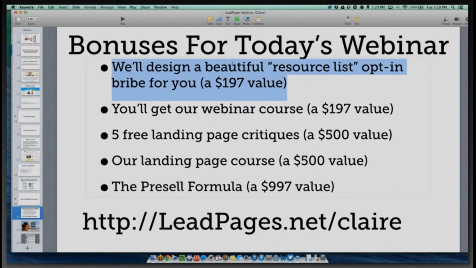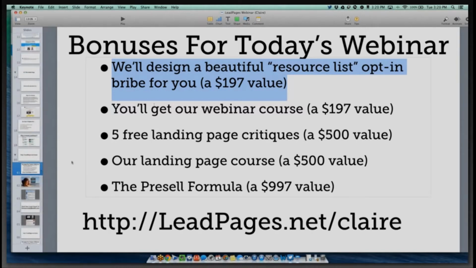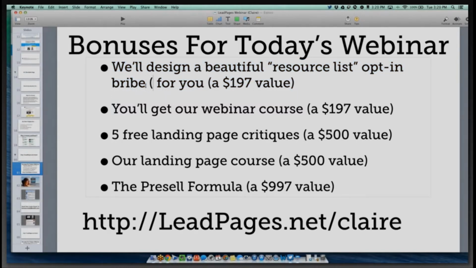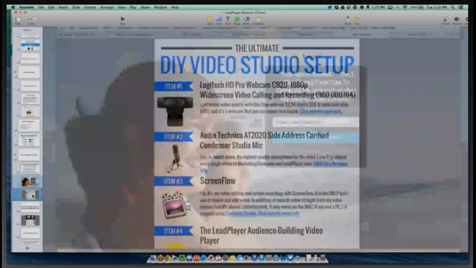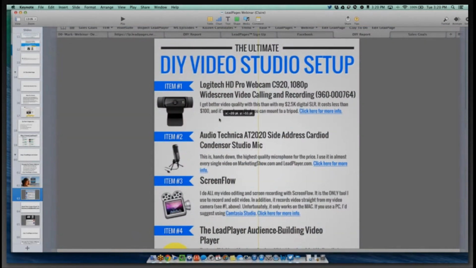So the first bonus is we will design a beautiful resource list, opt-in bribe, or lead magnet for you. So remember when I said that the highest converting evergreen page is this type of resource guide opt-in page? Well, we'll actually design the resource guide for you. All you have to do is send us the list of resources that you want people to know about,